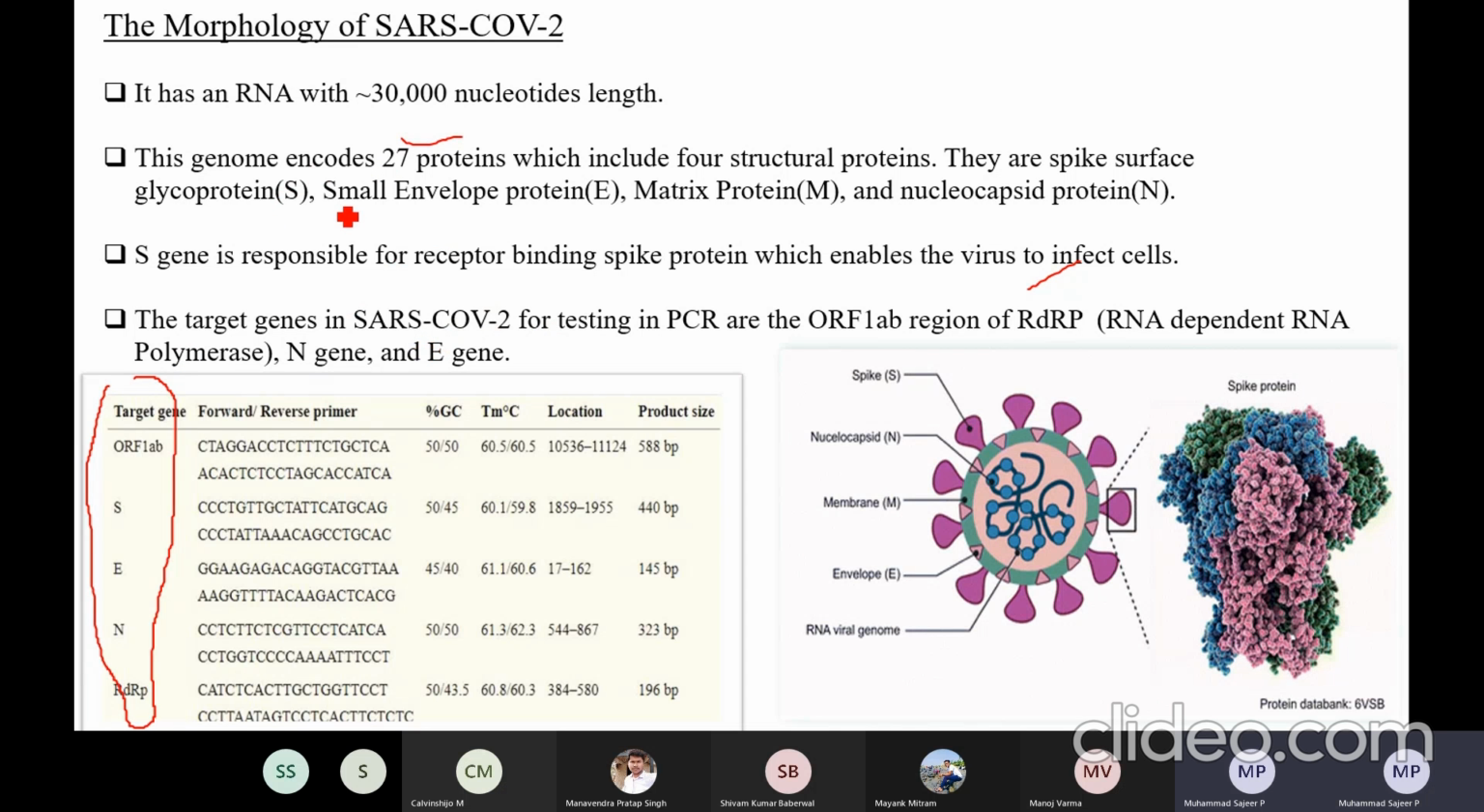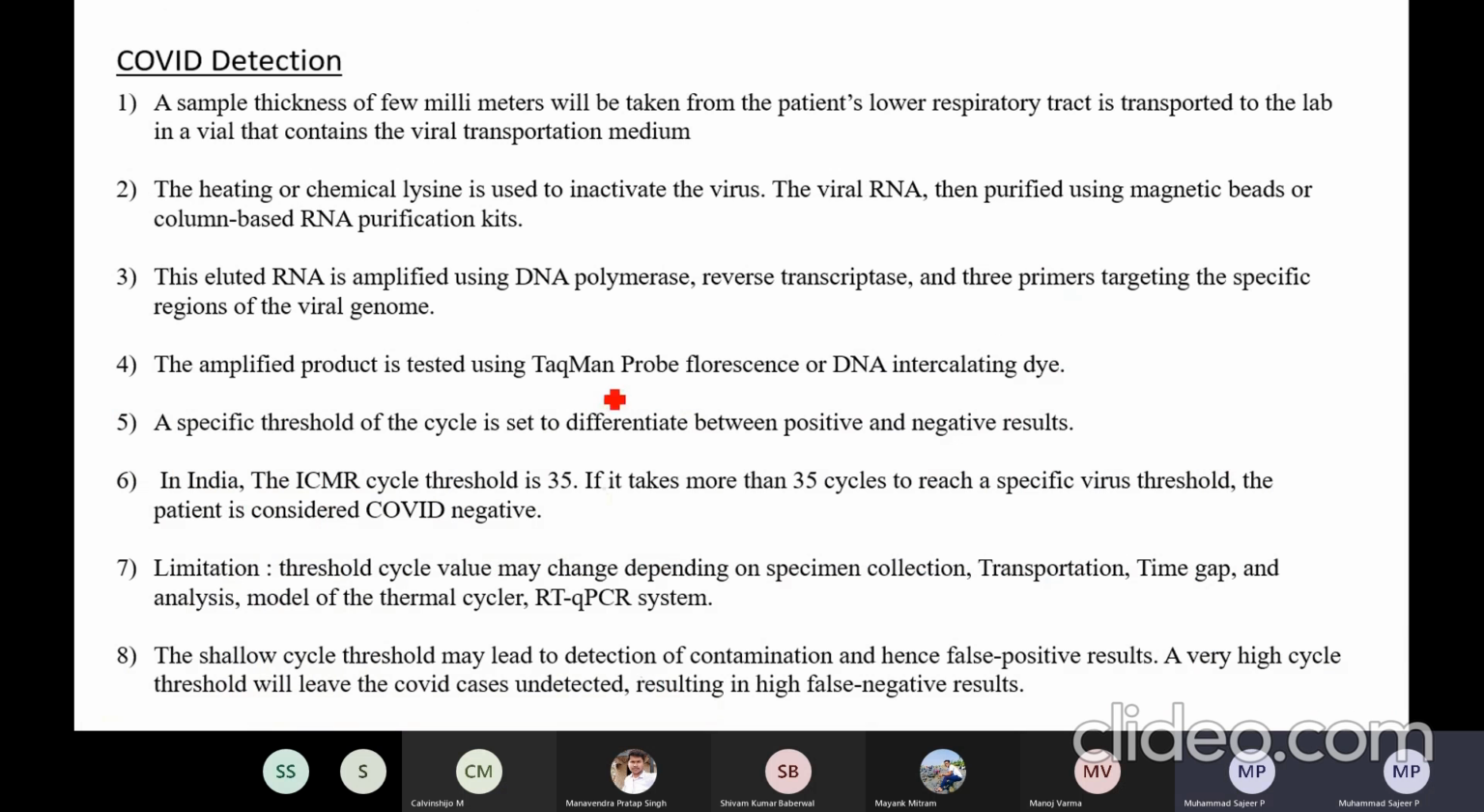You can get the primer sequence, and you can send it to companies who make these things on a commercial scale, and you will get it done. That's the way we have to do it. So that is COVID detection. We take a sample. We will take a few millimeters from the nasal or lower respiratory tract,